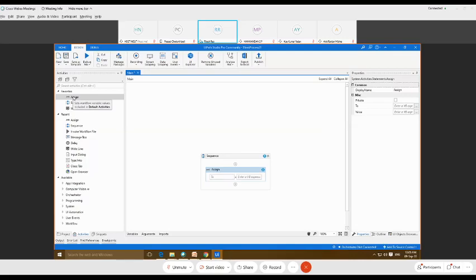Example of in argument. Okay. So after this, we have to create the argument by going into the argument panel. So I'm just going to open this argument panel. You can see here, this is our argument panel. Now I have to create the argument for this first assign activity. So I'm just going to create the argument here.